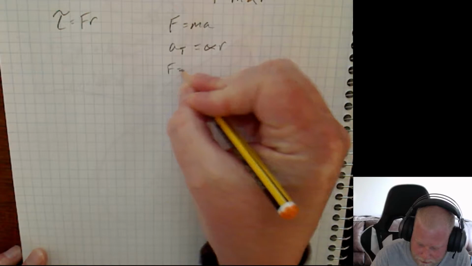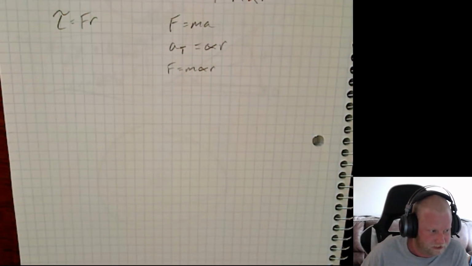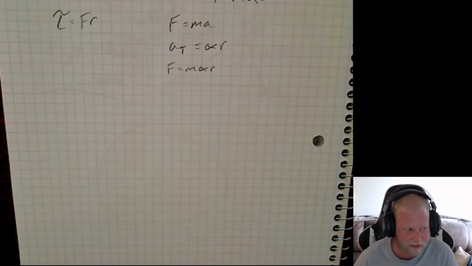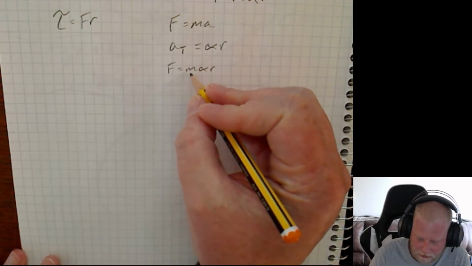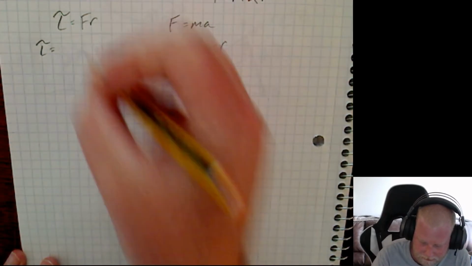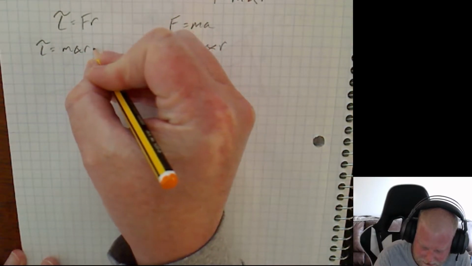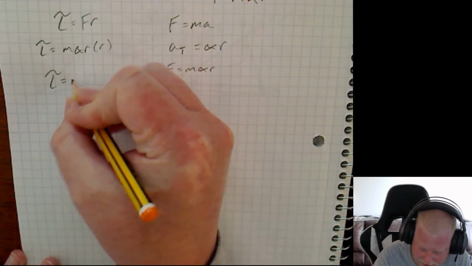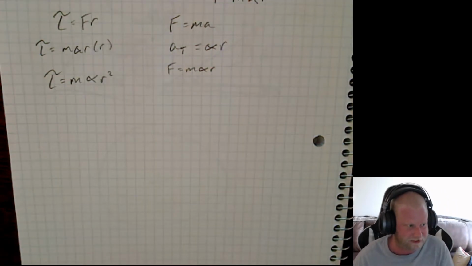So using that, we can rederive our force equation to be that force is equal to the mass times the angular acceleration times the distance from the center of rotation. Now, let's go ahead and plug that into the torque equation. So torque is equal to mass times alpha times r times r, or we get that torque is equal to the mass times the angular acceleration times the distance from the center